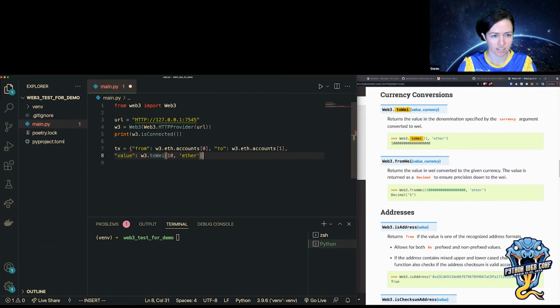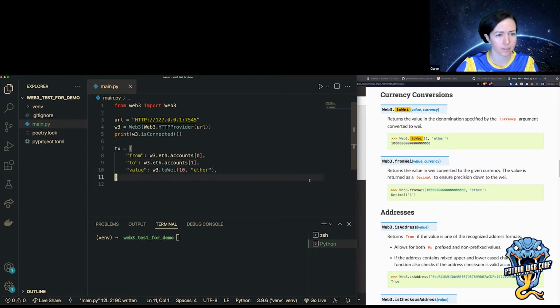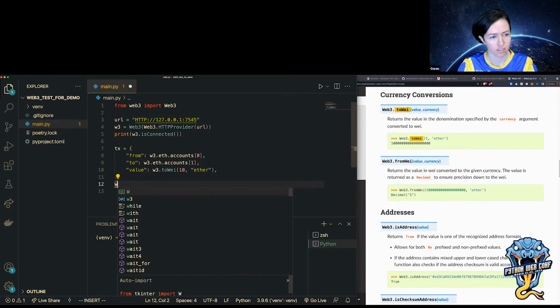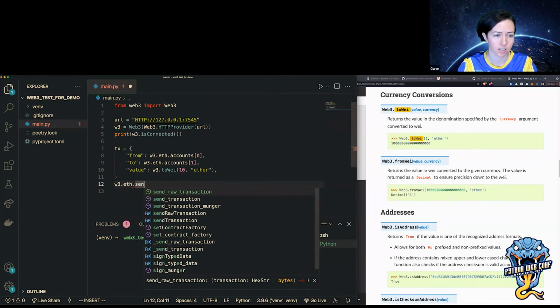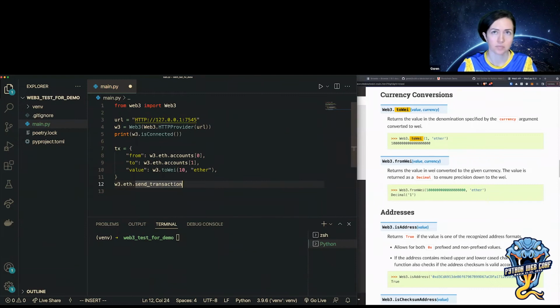Okay, so that's my transaction that I'm going to send. And then I need to send the transaction. So w3.send_transaction and pass in the transaction.